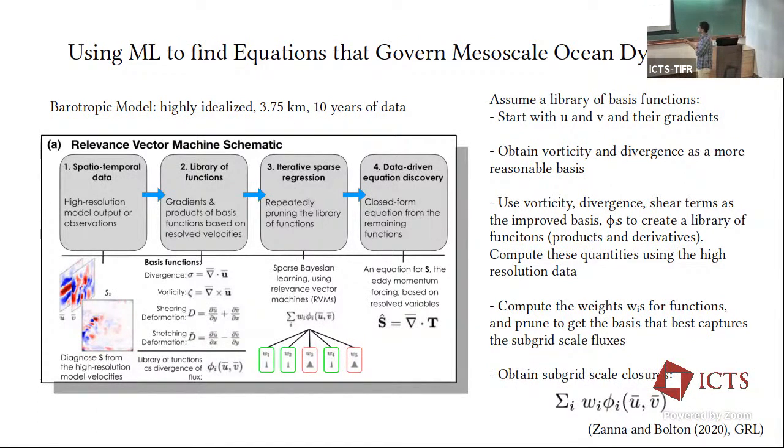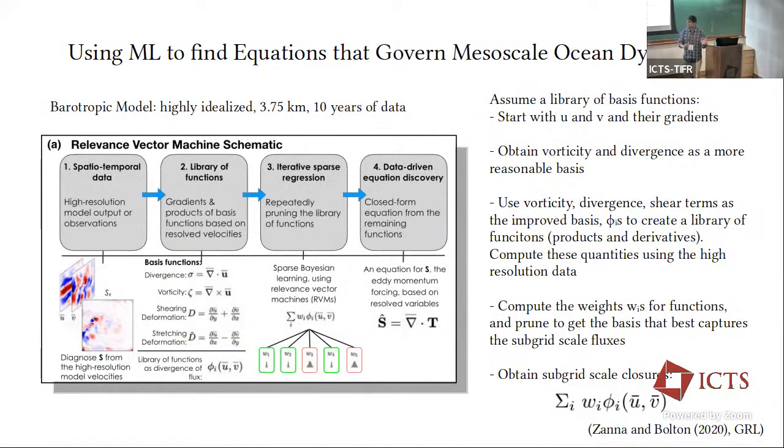Now they experiment a bit. They started with the basic fields U, V, and then they soon realized that instead of U and V, taking these four functions as basis functions, divergence, vorticity, shearing deformation, stretching deformation, they form a better basis. I mean, they found this after they tried some certain basic functions, and then they realized